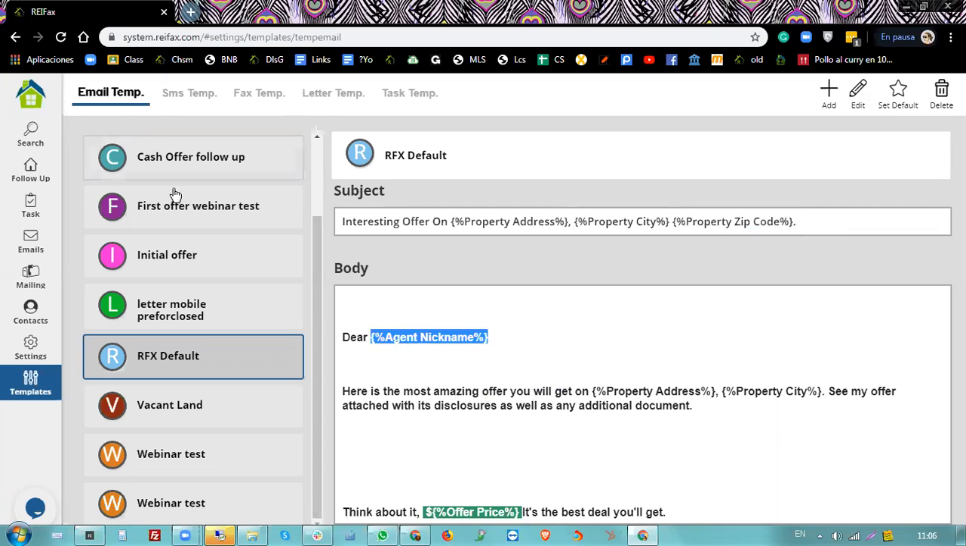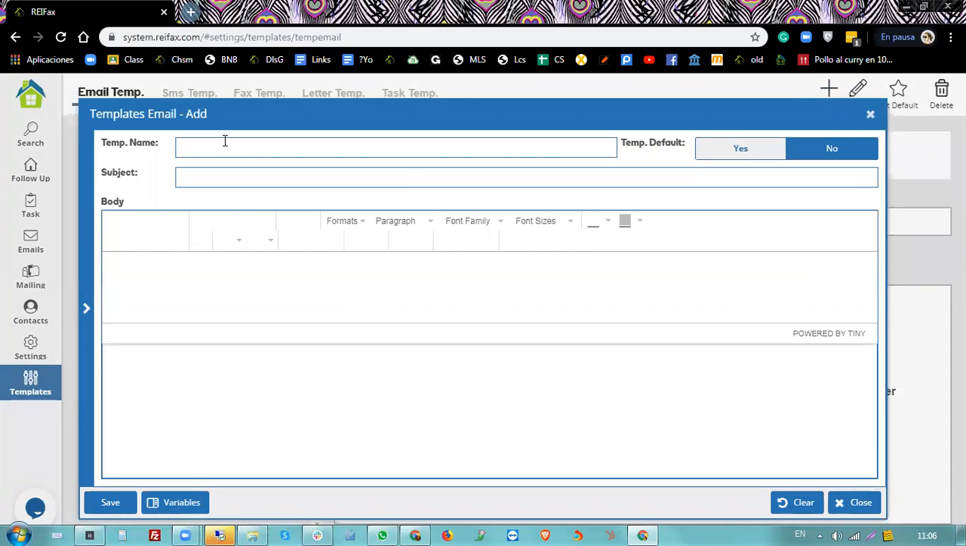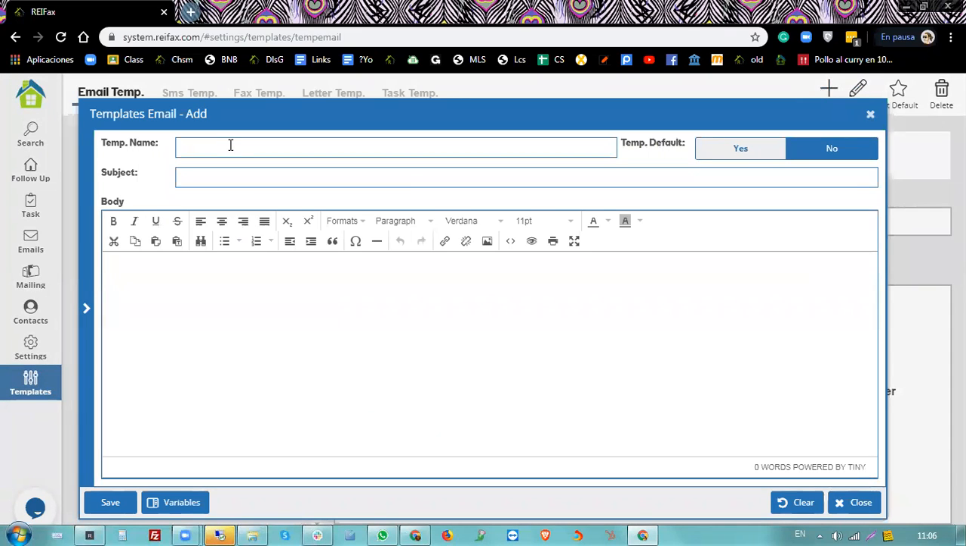So let's create a new one and see how that works. Click here on the top right and add template, this plus sign here, it says add. So I'll select that one. First of all, I give the template a name. This name has to be